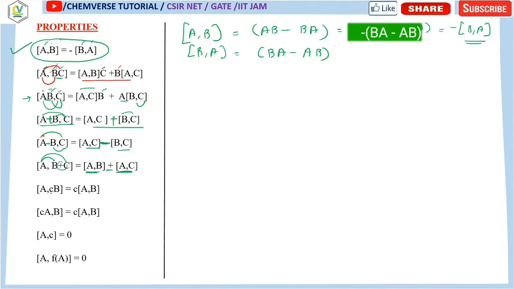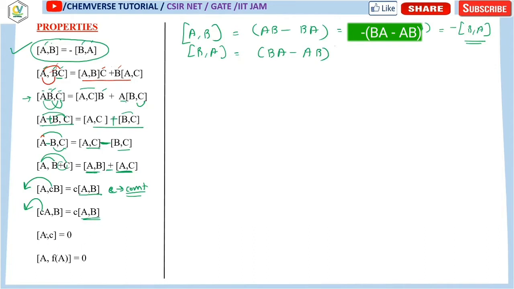Now over here this small c is nothing but a constant. So if the constant term is multiplied to either of the operators, then you can just take this constant out and write down the rest of the commutator. So over here what we are doing is just taking the constant outside the commutator and then we determine the value of the commutator.